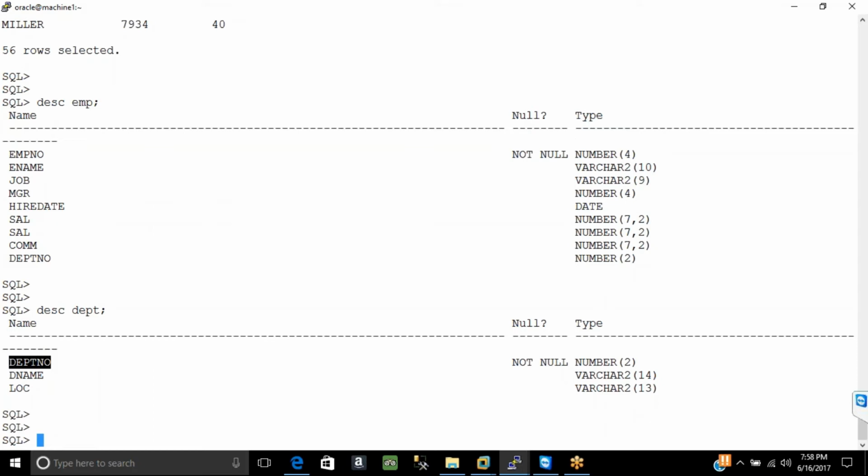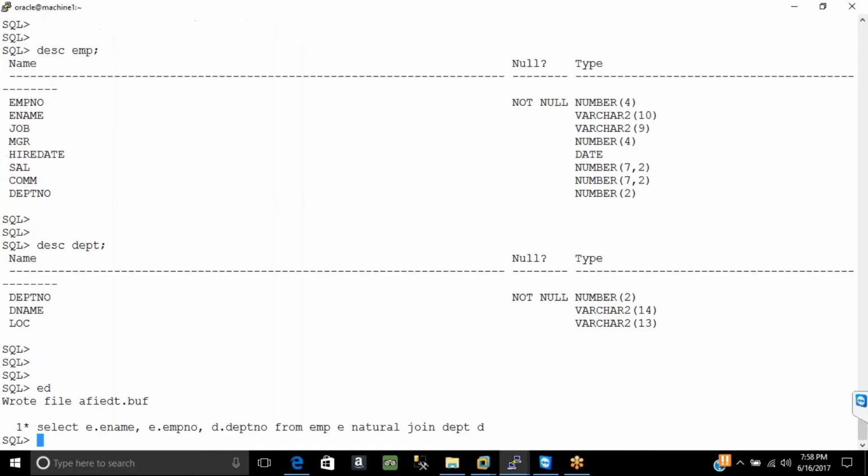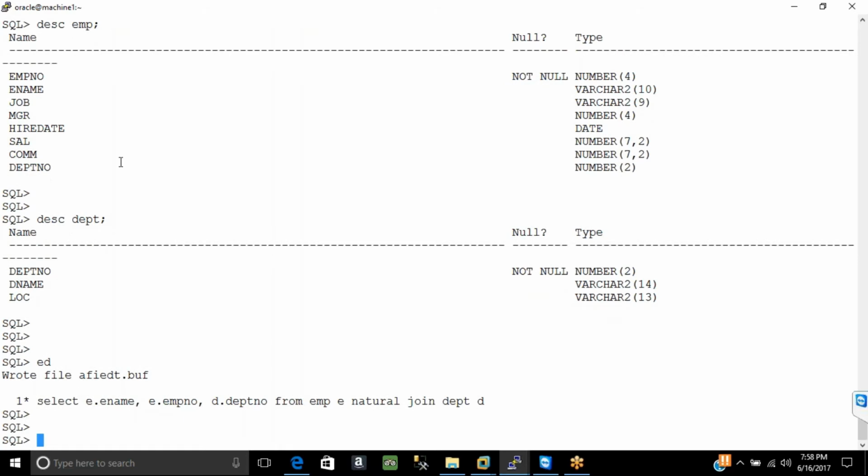Now if you do that, instead of cross, if I put natural, it will automatically compare